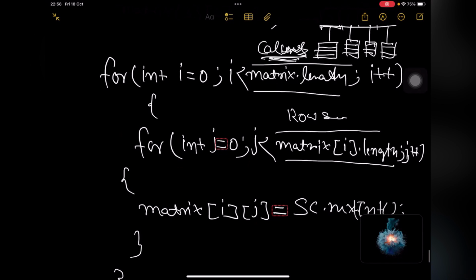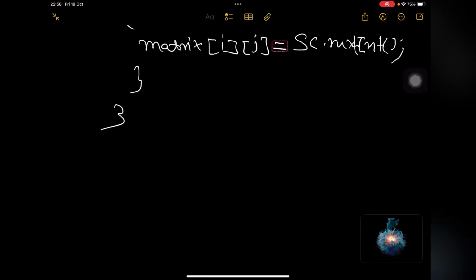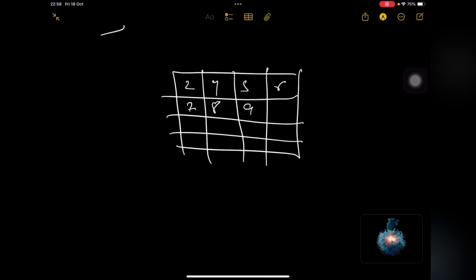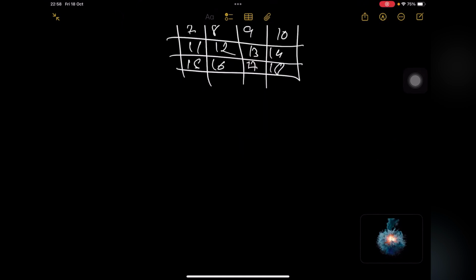Clear? Okay. Let's assume you have a matrix, and you assign the values. Once you assign the values, the matrix will be like this: 2, 4, 5, 6, 7, 8, 9, 10, 11, 12, 13, 14, 15, 16, 17, 18. Now people ask you to print this. So how will you do that print? So simple. You have to write a for loop